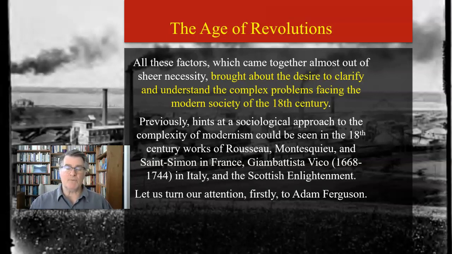But at this particular time, through sheer necessity, all of these factors are working together to bring about this idea of a modern society. And the idea of a modern society really does begin in earnest in the late 1700s. Now, when we think about modernism, it depends on where we're looking and what countries we're looking at. But certainly during the 18th century, we have the work of Rousseau, Montesquieu, another French writer, Saint-Simon, writing in the 1800s, Vico, also writing in the tail end of the 1600s, and then, of course, the Scottish Enlightenment. So all of these individuals